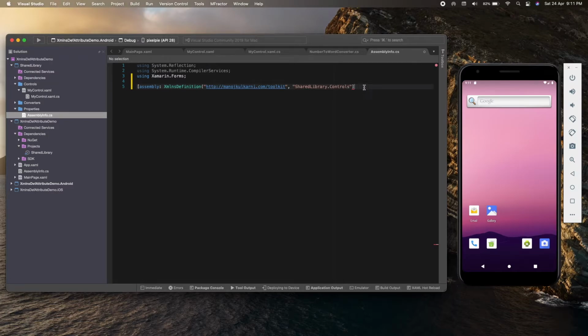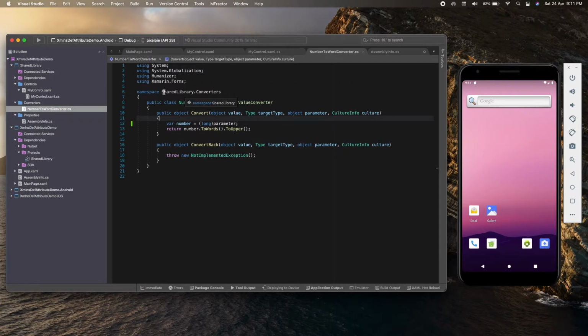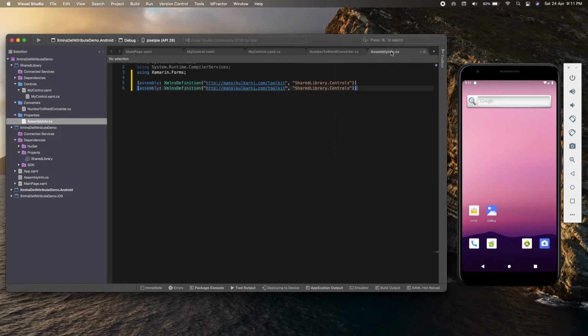And let me add, okay, I'm missing a bracket. Okay, let me add the same for the converter as well. My converter is under the namespace of shared library dot converters, so we can specify that over here as well.